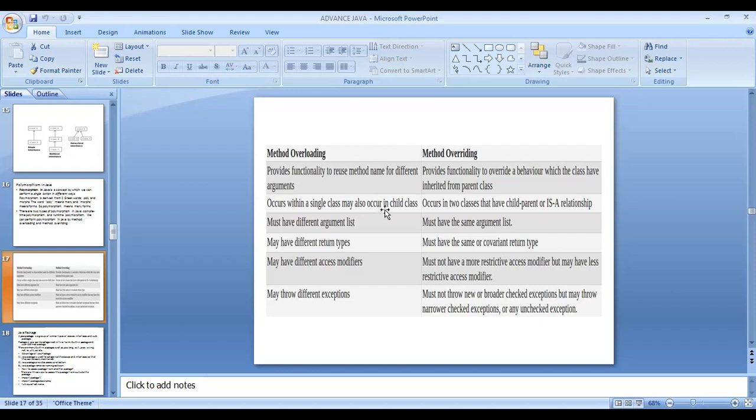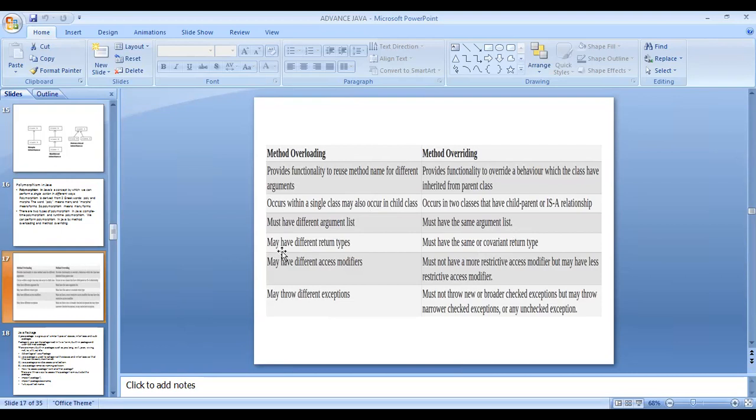Also, in method overloading, it must have a different argument list. But in method overriding, they must have the same argument list, with no different argument list present there.